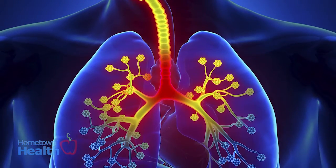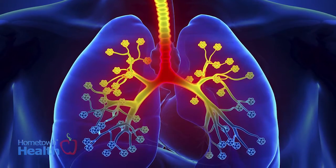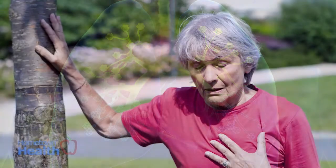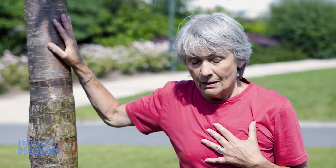We've just talked about smoking's contribution to lung cancer, but it is also a common denominator for a variety of other lung ailments. Chronic obstructive pulmonary disease, or COPD, is an umbrella term used to describe a variety of lung diseases, including emphysema, chronic bronchitis, and non-reversible asthma. Over time, patients with COPD are at an increased risk for developing lung cancer because of existing impairments in the